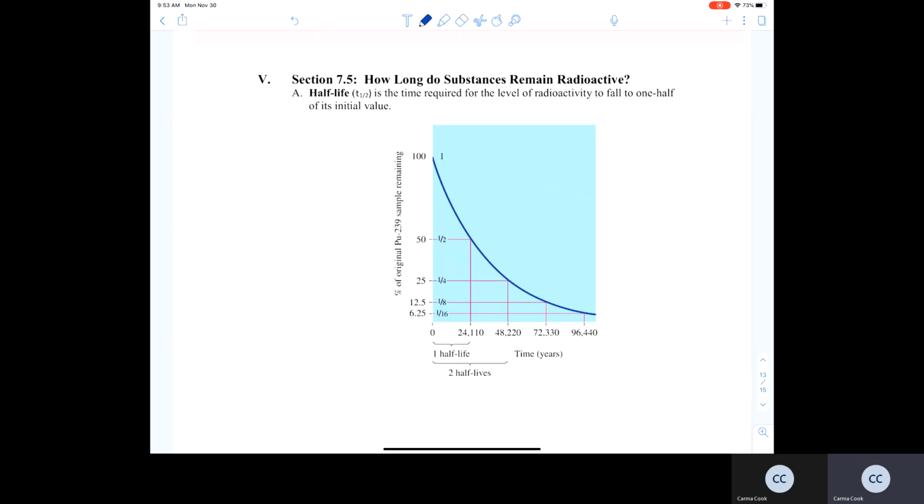So in this graph, you have the percent of original plutonium-239 remaining on the y-axis, plotted versus time in years on the x-axis. So starting out with 100% of the plutonium-239, half of it will decay after 24,110 years. So plutonium-239 has a very long half-life, 24,110 years. And then for it to go from 50% to 25%,